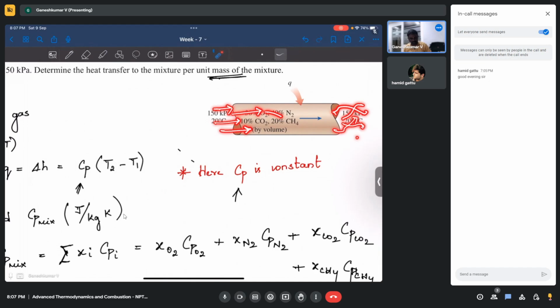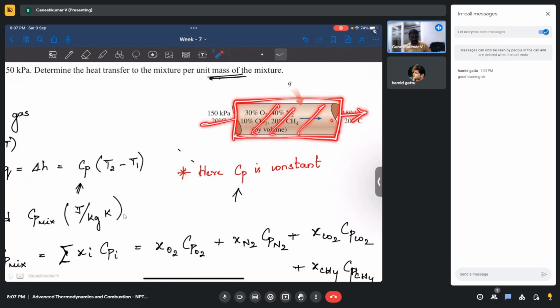Those things are possible. But what we did was we considered it as a black box. We do not need to know anything, so we just did this analysis, and we showed that it is uniform everywhere. It also depends upon what we are studying. We are studying the mixture, not each individual component and how it is changing. So in that case, you can consider it as uniform, and you can just apply the